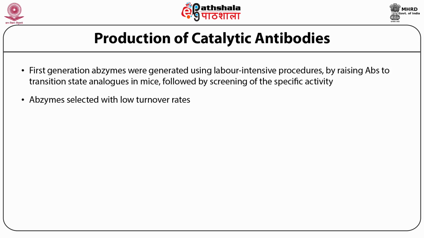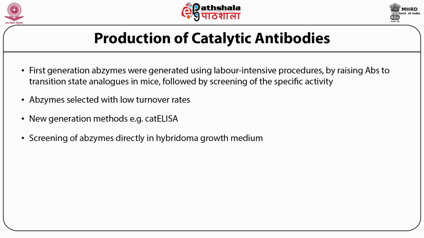So nowadays, we have alternate methods to overcome these laborious methods, and new generation methods involve cat-ELISA for the production of catalytic antibodies. This cat-ELISA actually allows screening of the enzymes directly in the hybridoma growth medium itself. Because of it, the screening of a larger number of clones becomes possible, and an efficient screening is done using